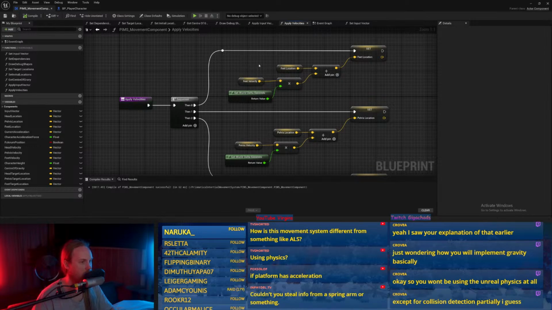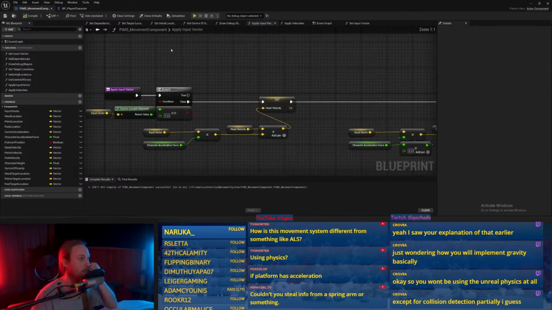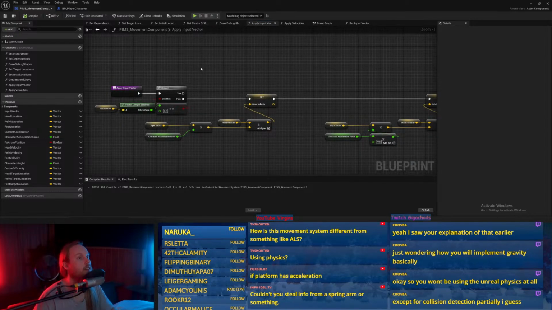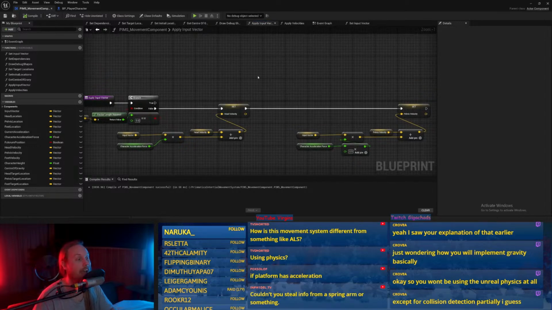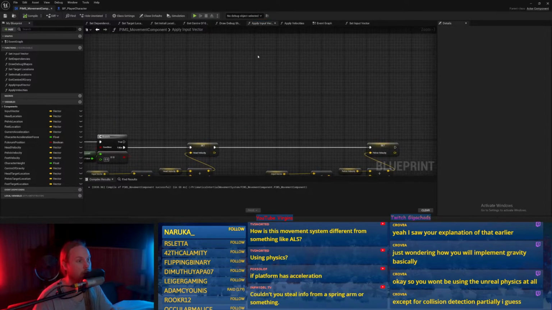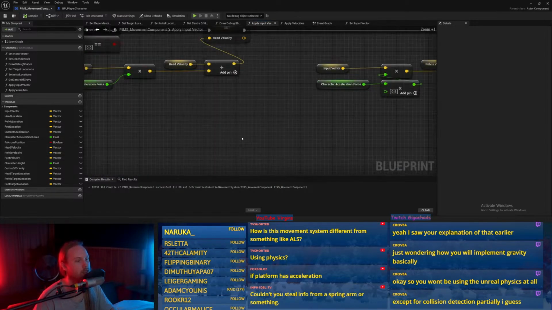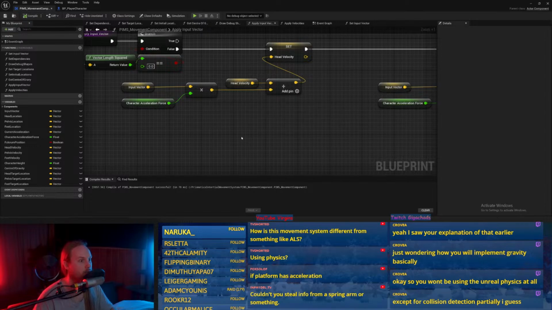Getting velocity... oh, we're applying input vector. So yeah, we just add gravity to the acceleration each frame. But that would get counteracted by essentially a soft body physics.